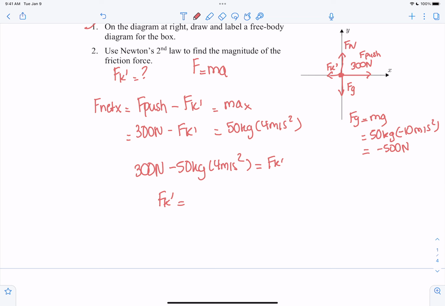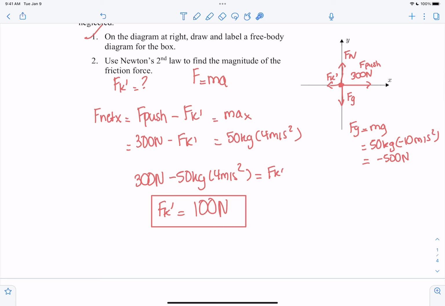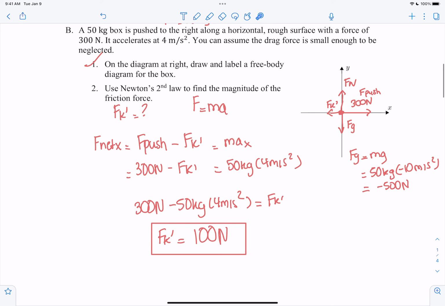So with FK prime we have 300 newtons minus 200 newtons. That should be a net 100 newtons for the magnitude of the friction force. And this is once again why it's really handy to integrate the directions already. Because if I integrate the directions into my equations, these are all magnitudes. This is 300 newtons, this is 100 newtons here. We figured it out. And if you integrate those directions and they ask you for magnitude at the end,